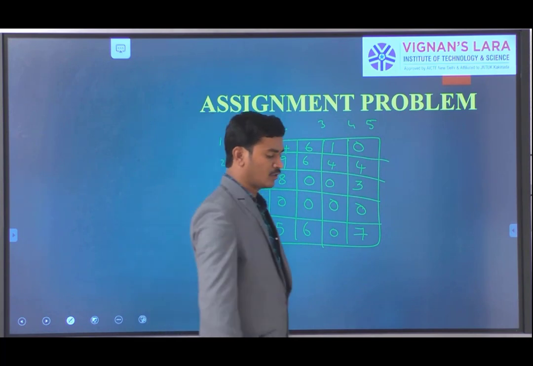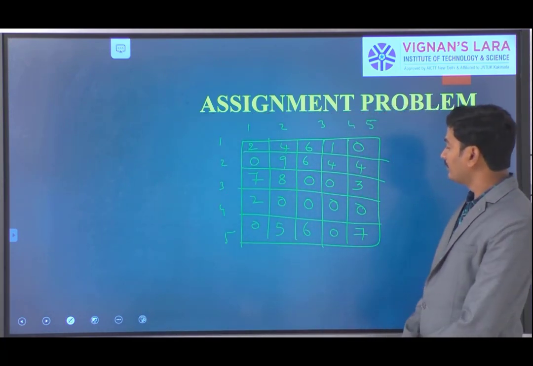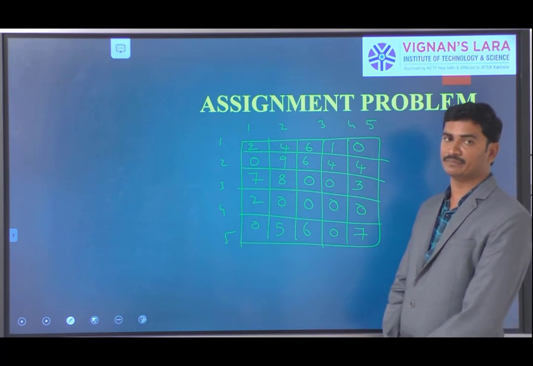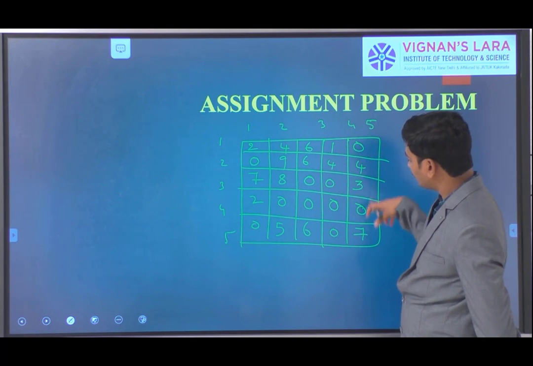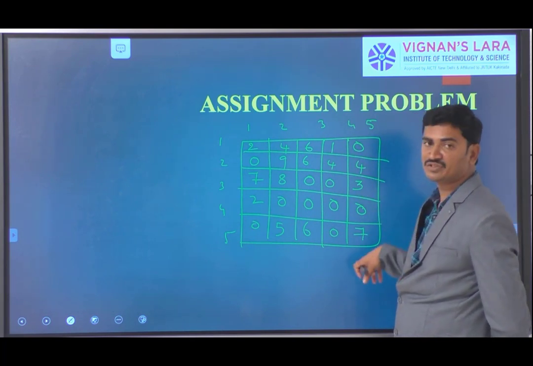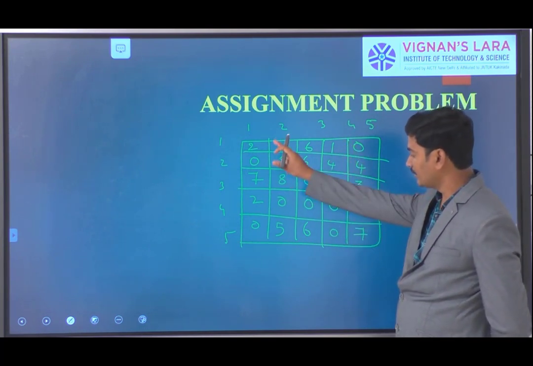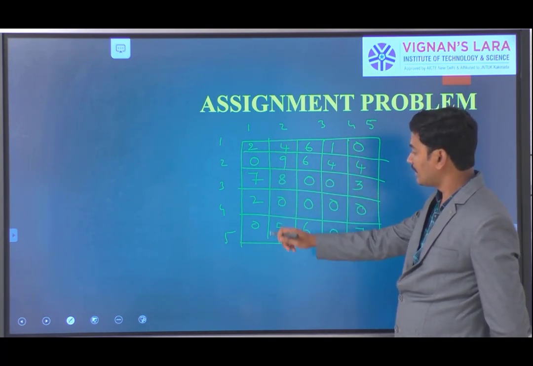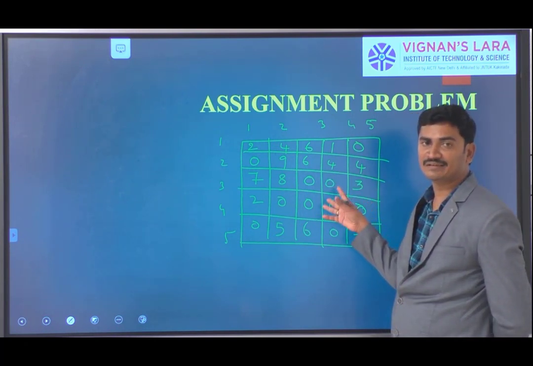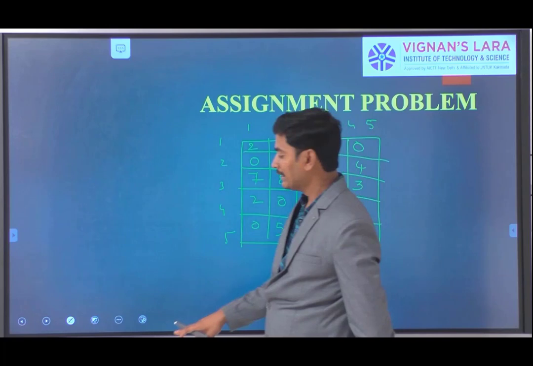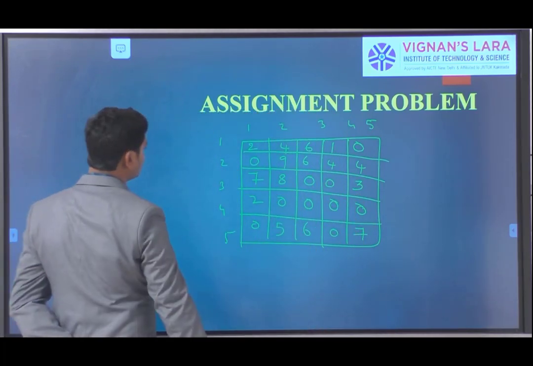Now again we are going to identify the row minimum and we are going to identify the column minimum. Okay. If suppose we identify the row minimum, here all rows are having 0, so there is no change. So simply we are taken as is. Coming to the column minimum, here column minimum also we have all zeros, so there is no change in this table. Now we are going to allocate the zeros. We are going to take the influenced zeros.